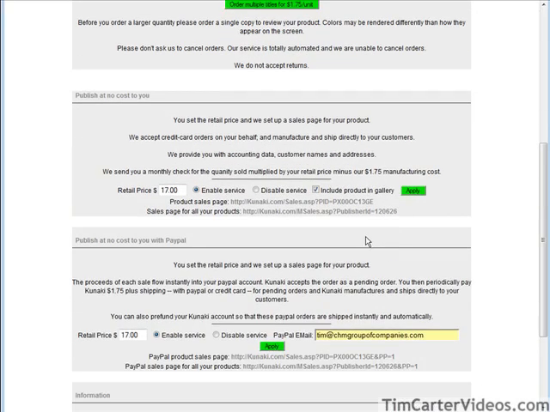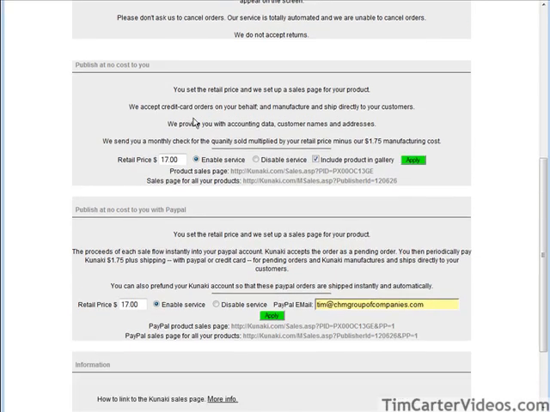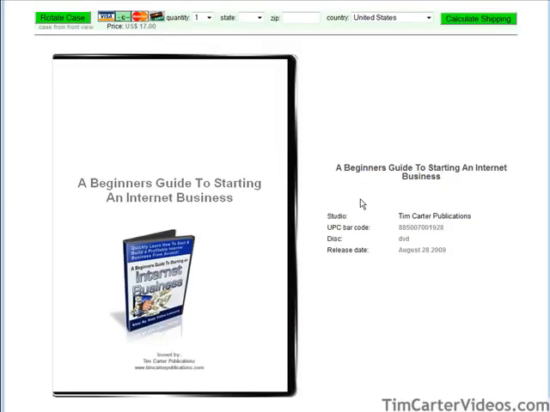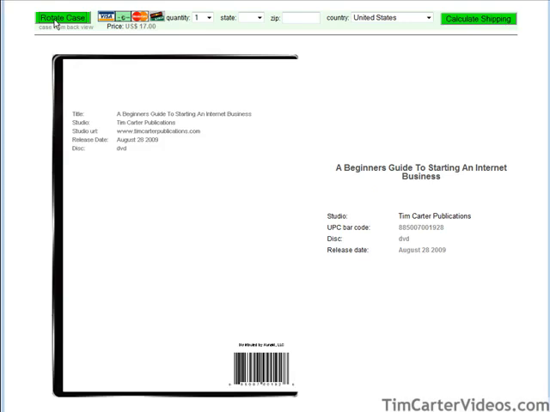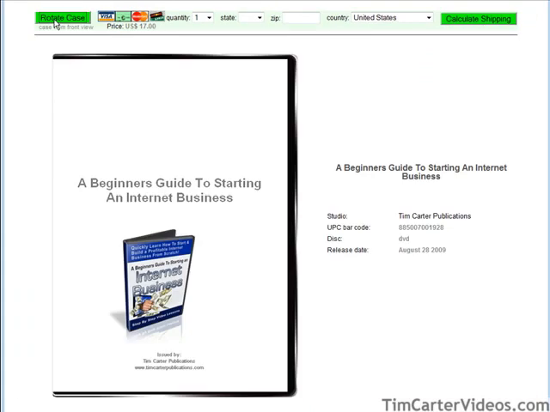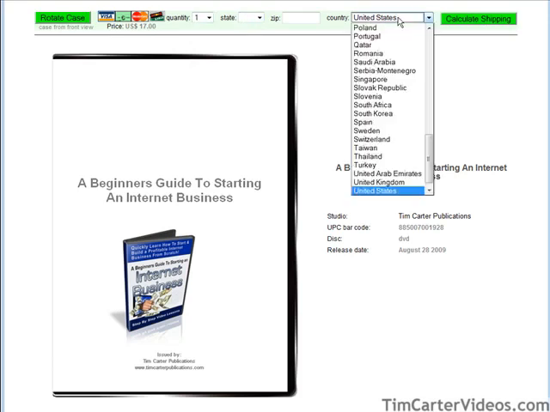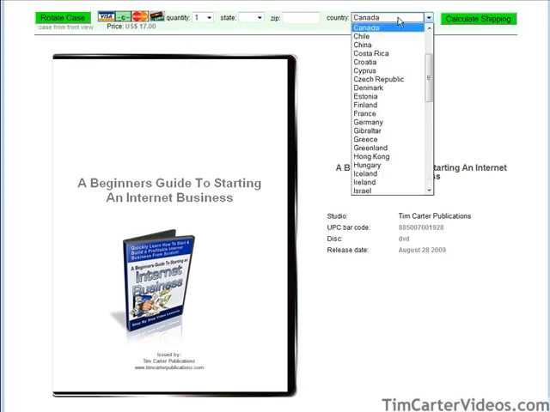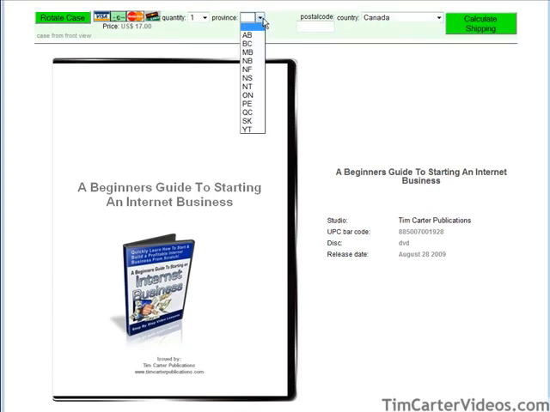Now we have some different websites here that are used. For instance, if we're going to use the Younus shopping cart, we have two URLs here. We have the sales page that they provide for you, and it has all the details that you put on the design screen. They can also rotate the case, look at what's in the case, look at the DVD, etc. Then up here they can order their quantities, and they pick their country here, for instance, and then they can pick where they are